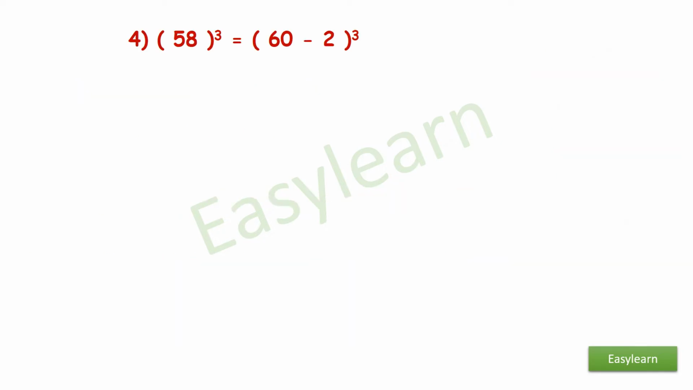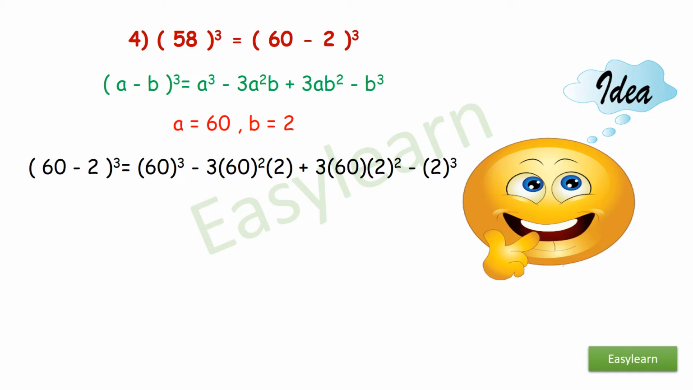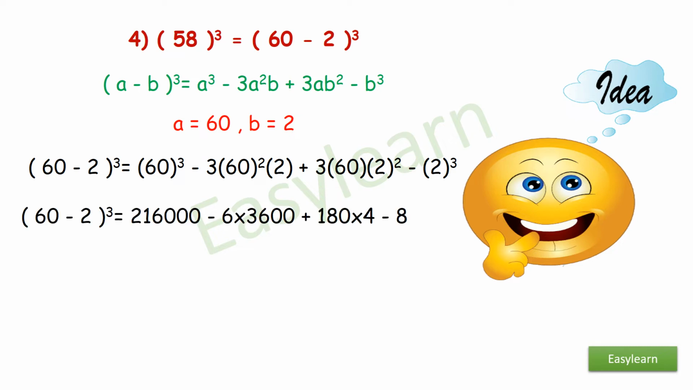Fourth, 58 cube. Now 58, I can even write it as 60 minus 2 the whole cube. Therefore, again the formula, the value of a is 60, b is 2. Substitute the values, we get 60 minus 2 the whole cube is equal to 60 cube minus 3 into 60 square into 2 plus 3 into 60 into 2 square minus 2 cube, which is equal to